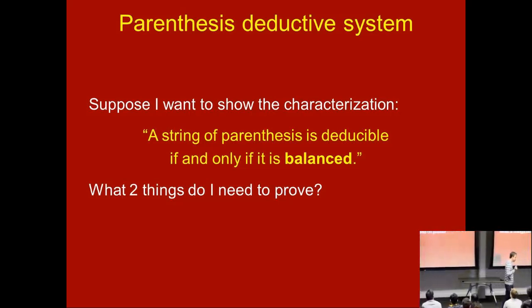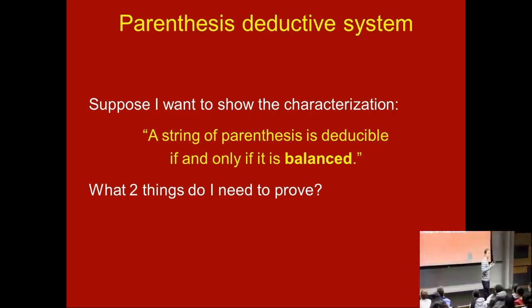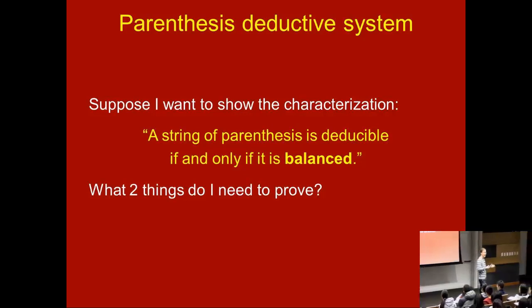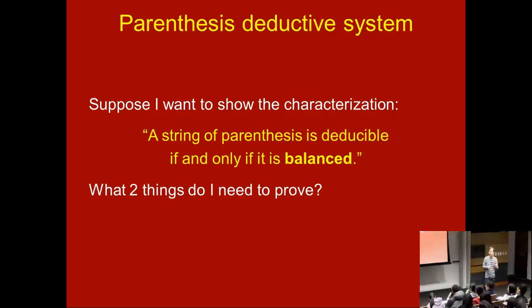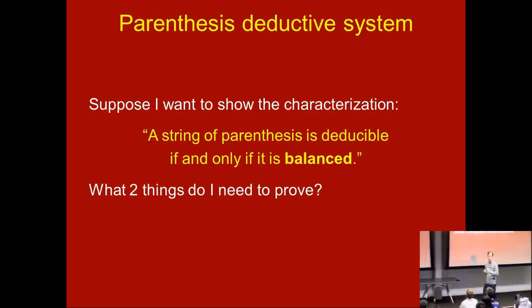So it was suggested earlier that the following is a characterization, or another explanation, for exactly the set of strings that you can deduce here: all the strings that are proper strings of balanced parentheses. I think you know what that means. So suppose I wanted to prove that. There are two things I really need to prove in order to prove such a characterization. Can somebody suggest one of those things?